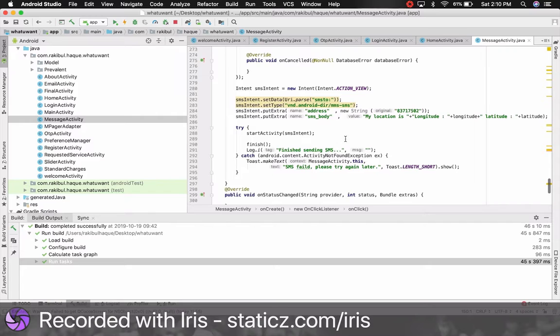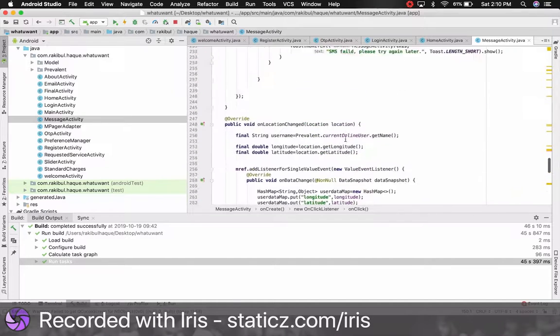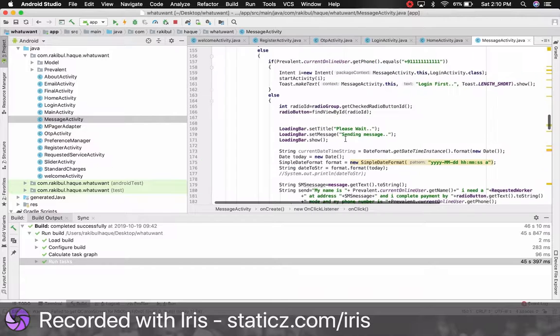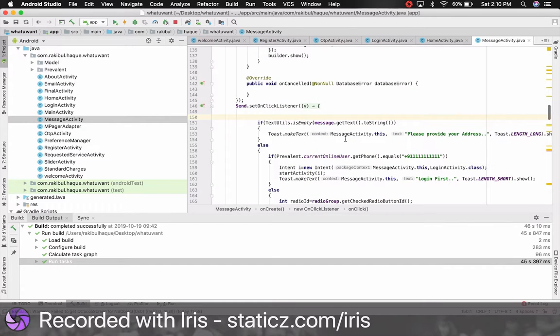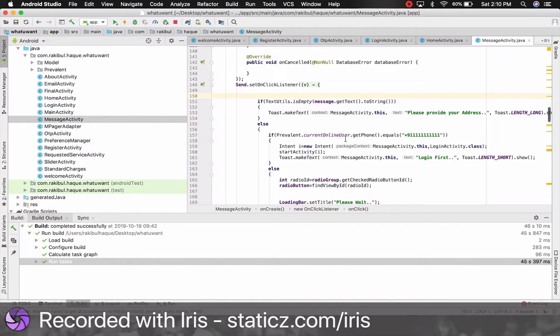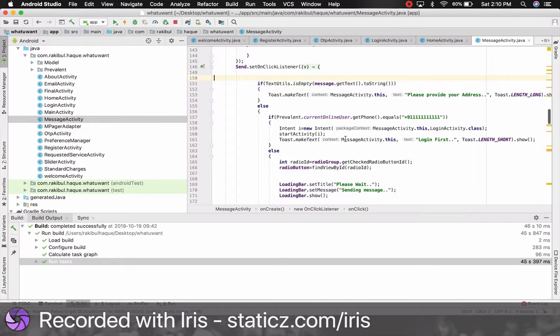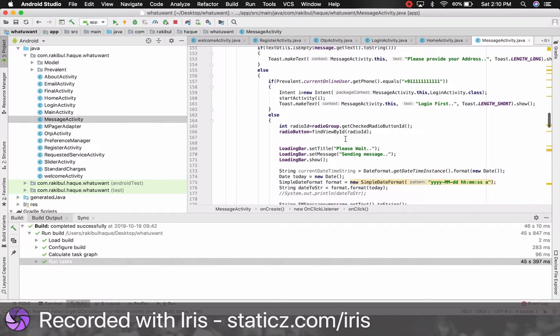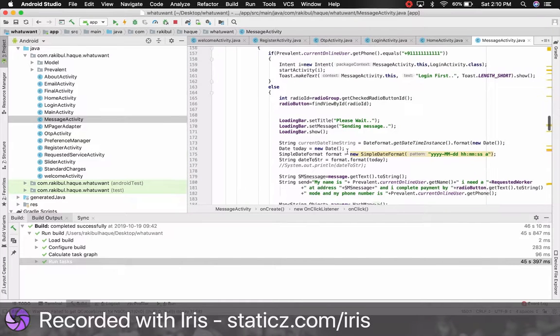Next, if you go to 146, over here again I use set on click listener. We apply a listener to check if the message field is empty or not, check the payment method, get the address of the user, the phone number and other information, and it saves it to Firebase.